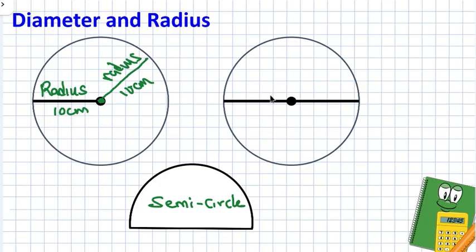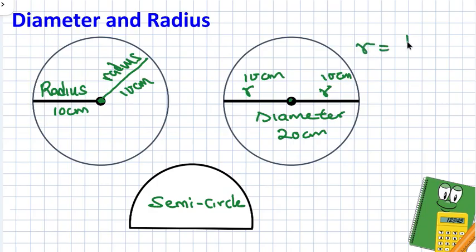For the radius and diameter, they have a relationship. If you look at this line that makes the diameter, you can see that this line comprises two radii. So we have this radius and this radius. What that means is that two radii make one diameter. So if a diameter is 20 centimeter, this is going to be 10 centimeter, and this radius here is going to be 10 centimeter. So the radius is equal to